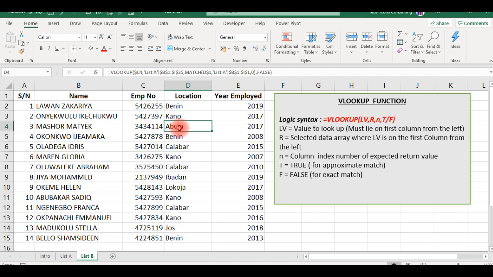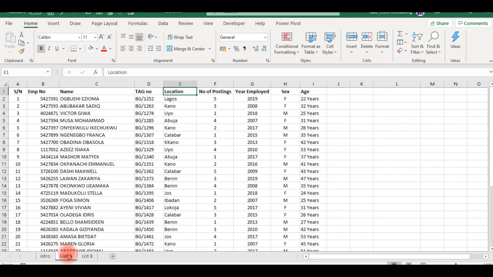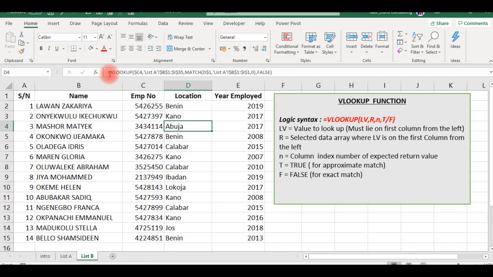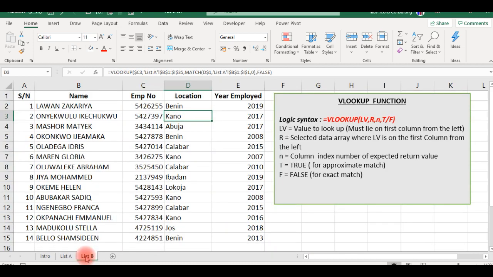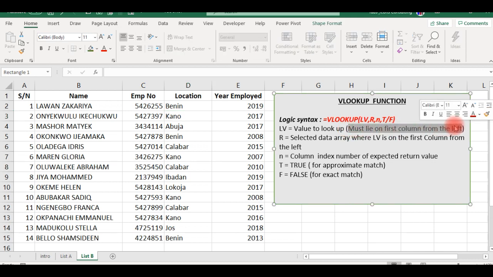Now VLOOKUP has been able to pick all this information from a given data range. Now from what we've done, you notice that we picked a value here, and that value was lying on the first column to the selected data range. So there's no way we could have selected this. Now what if this value moves from here to the middle? It simply means that we can no longer use VLOOKUP to achieve this, because we said for VLOOKUP to work, the value we are looking up must lie. We use the word must, which means not a probability, must lie on the first column to the left of